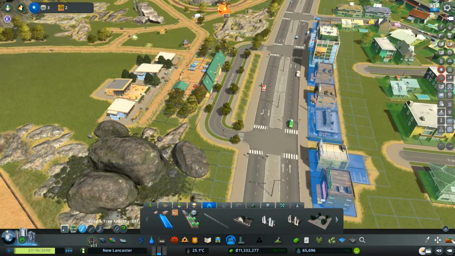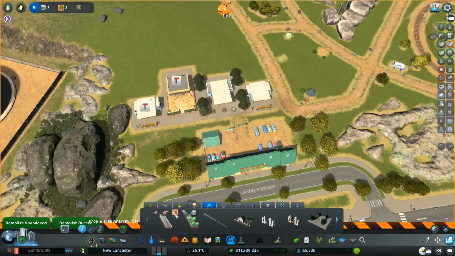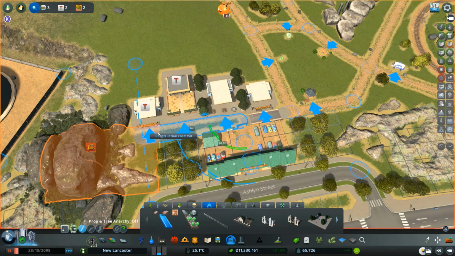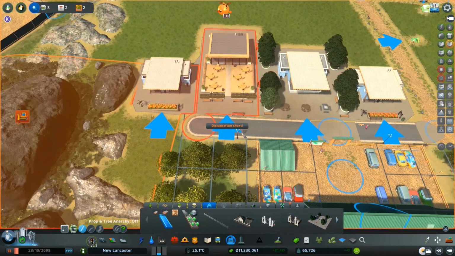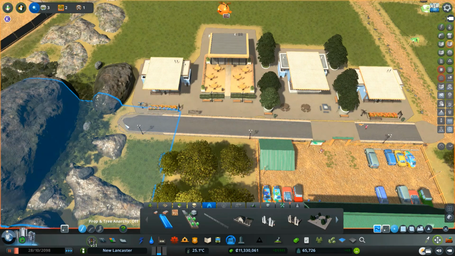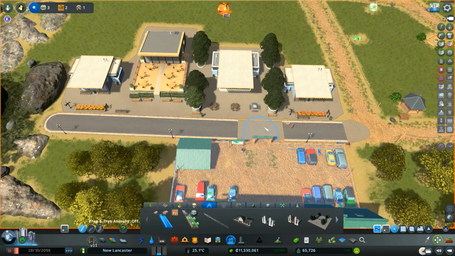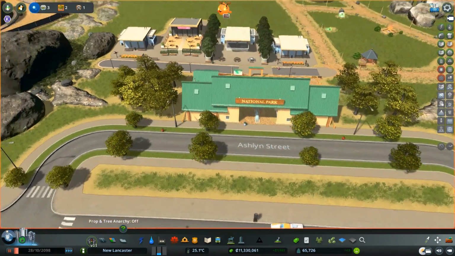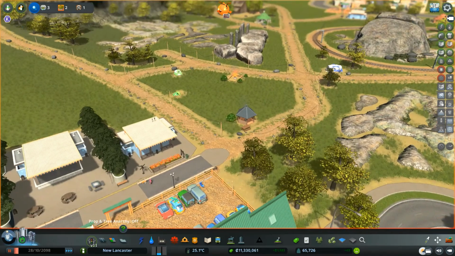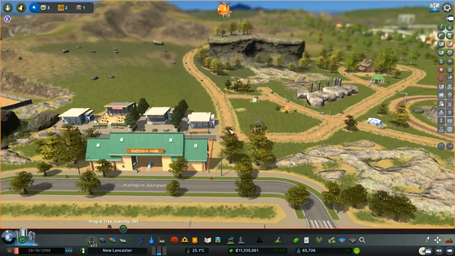Weird that there isn't like an upgrade. All right, I'm just gonna pause this while I'm doing this. And from here, I'm gonna connect like that, and like so. And I'm just gonna use move it to drag this out like that, and down. All right. So it connects up into this area, and then it starts branching off into the nature reserve. Cool. All right, let's resume the play.